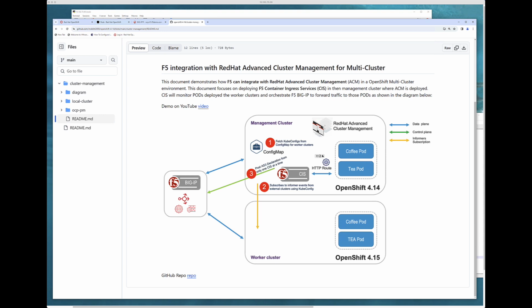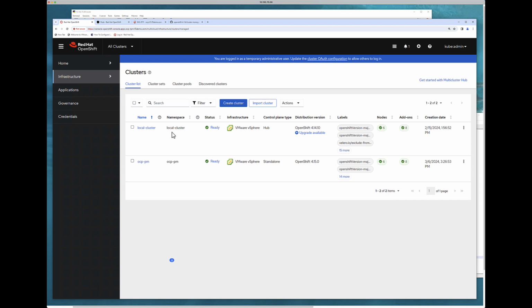As you can see right here, Advanced Cluster Manager is installed on this OpenShift 4.14 instance. If we go to Advanced Cluster Manager, you can see here's the local cluster. This is the 4.14, so this is the hub. This is where Advanced Cluster Manager is. And I have brought in a worker cluster, or a standalone cluster, which is OpenShift 4.15. That's really cool, because 4.15 only came out on Monday. It was released Monday. I'm recording this on Thursday, the 7th of March. You can see here it was installed yesterday. And you can see that this local cluster is managing this